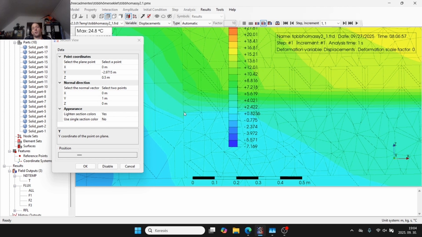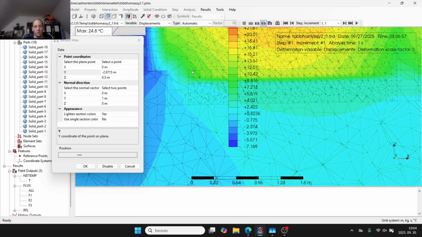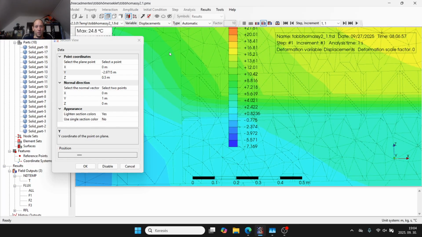And below the isolation, of course, it will be colder. But the room itself will be in higher temperature. And that's why it's very important to make this